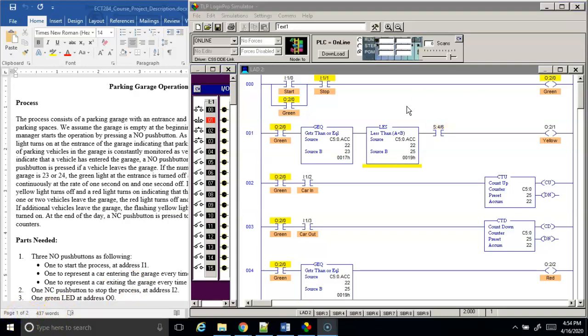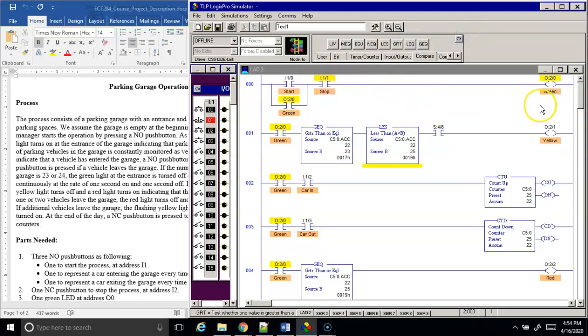All right, I'm going to try a weird way to fix this, so hang with me for a minute and let me see if I can make it so that the green light will only come on between 0 and 22. It's going to be a lot of change in here, so let me start with this address. Instead of that being the address of the green light, we're going to make this one